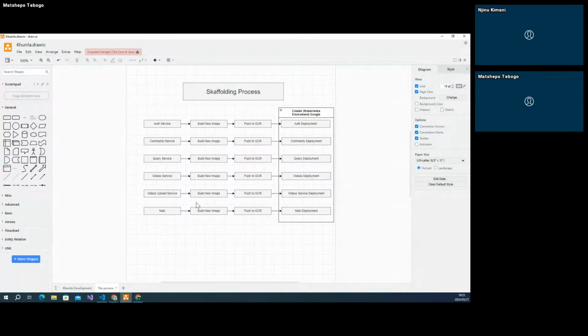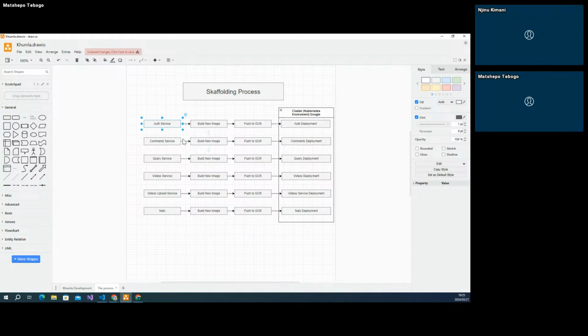So for each and every deployment, this is the service. If you are making a change in the alt service, what Scaffold does is it builds your image, pushes the image to the Google container registry, and then from there it pushes it to the deployment. The deployment creates the pod for you. So for each and every container, this is the process that actually happens. So this is how we are actually using Google Cloud. What I've shown you now is what we are actually using